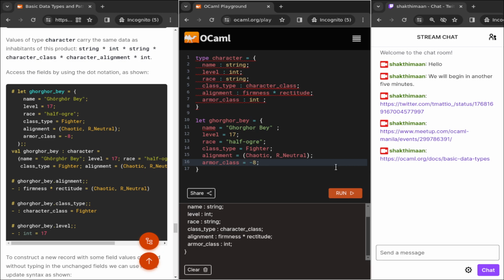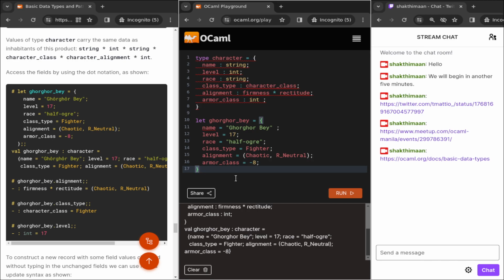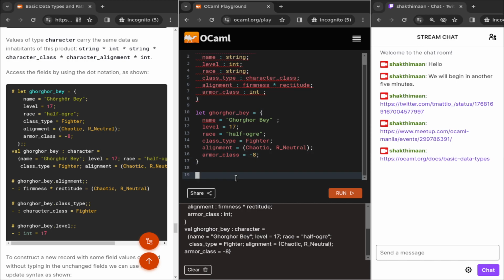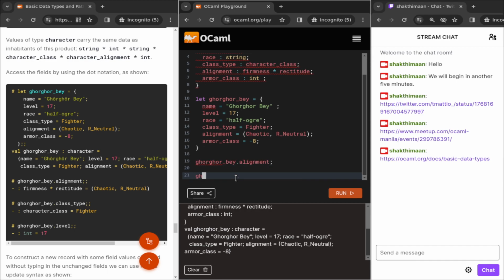Okay, let's quickly just run this character definition, and that looks fine. So now I can ask for specific attributes of Gorgor Bay dot say alignment,